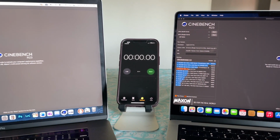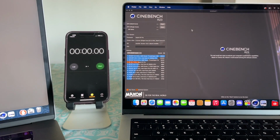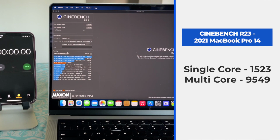All right, guys, so in front of me, I have both my 14-inch and my 15-inch 2018 MacBook Pro. And what I'm going to do is start off and talk about the Cinebench R23 score. Cinebench is mostly focused on graphics, and graphics is very important to me because of making videos. As you can see, the multi-core score here for the M1 Mac is 9,549, whereas the single core score was